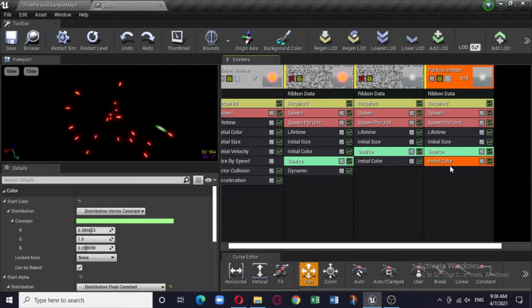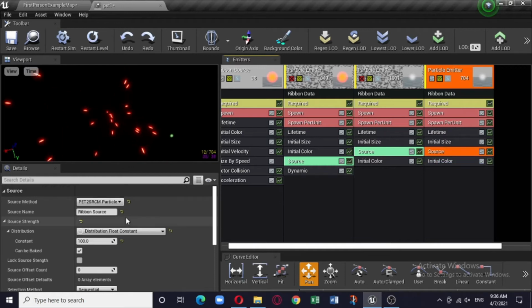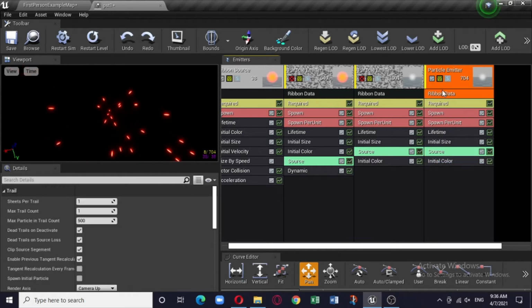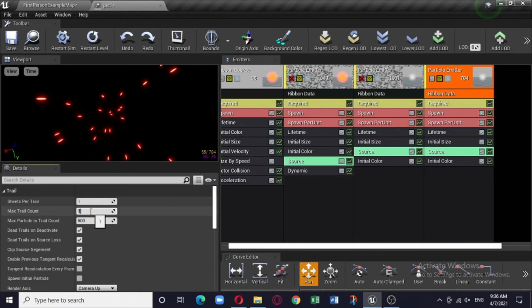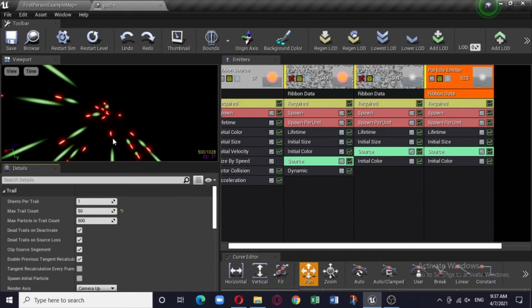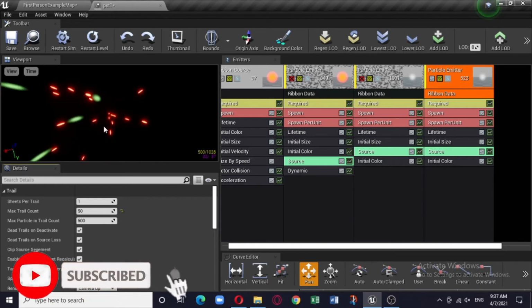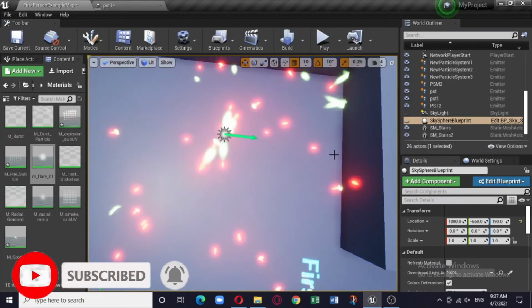So here we are. Now in the ribbon data, the maximum trail count is 1. So instead of 1, you make it 50. Now you can see all these particles are getting emitted with a trail. Here we are.